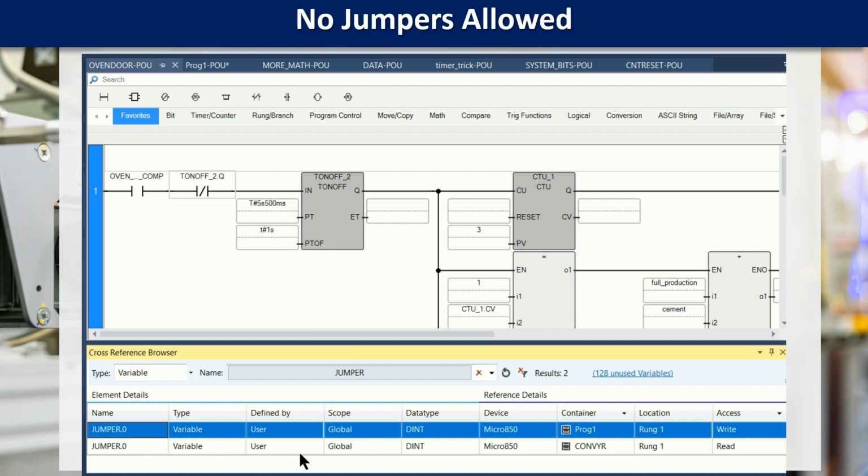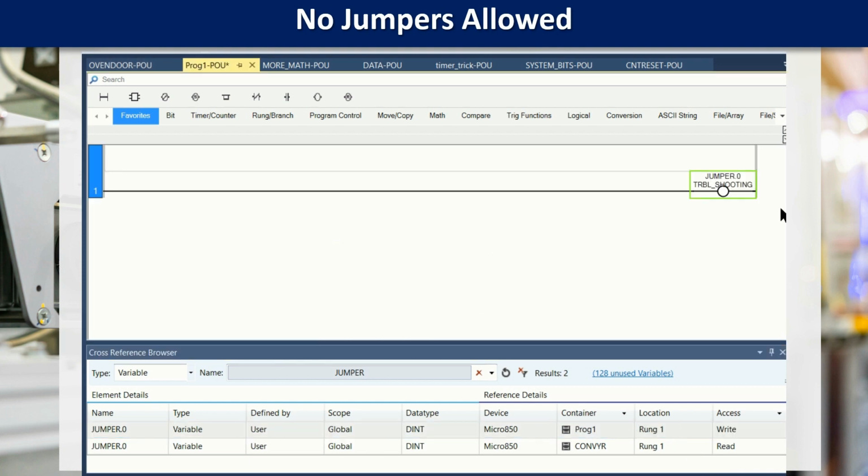And it's also found in my conveyor. So if I go to this, I double click on the first one, it's going to show me the wrong, and it goes, oh, this is a troubleshooting bit. And if I was a conscientious, hardworking programmer,